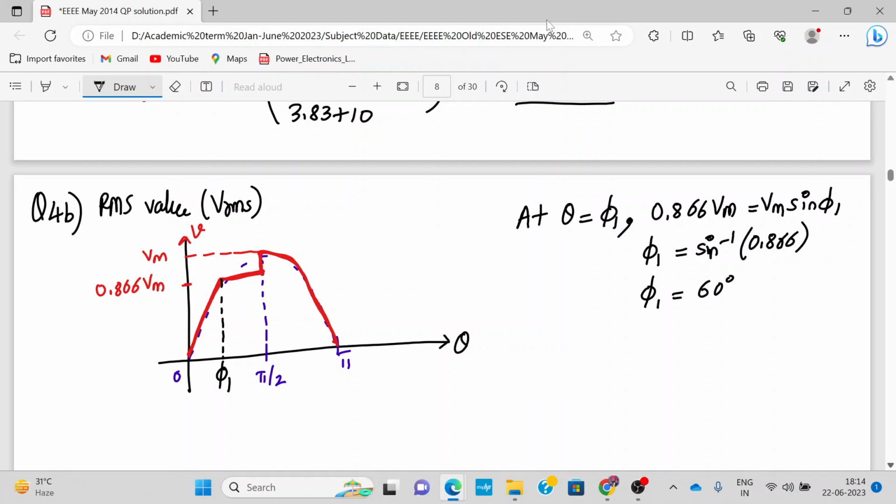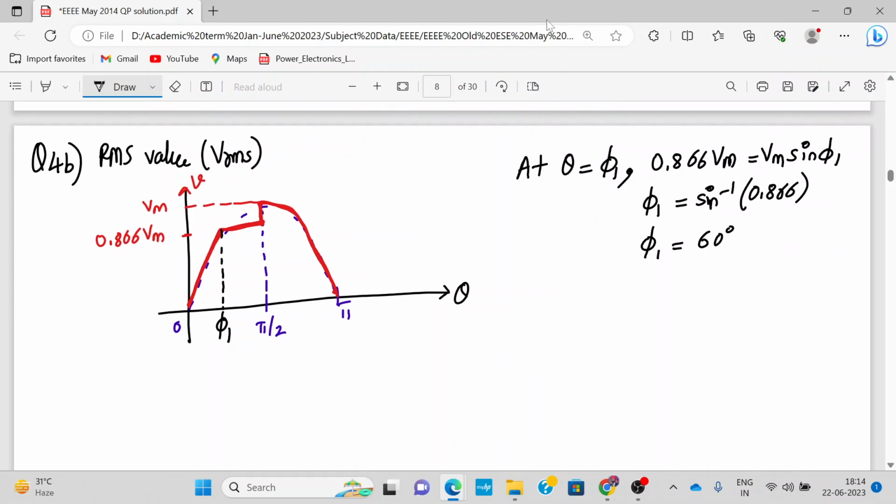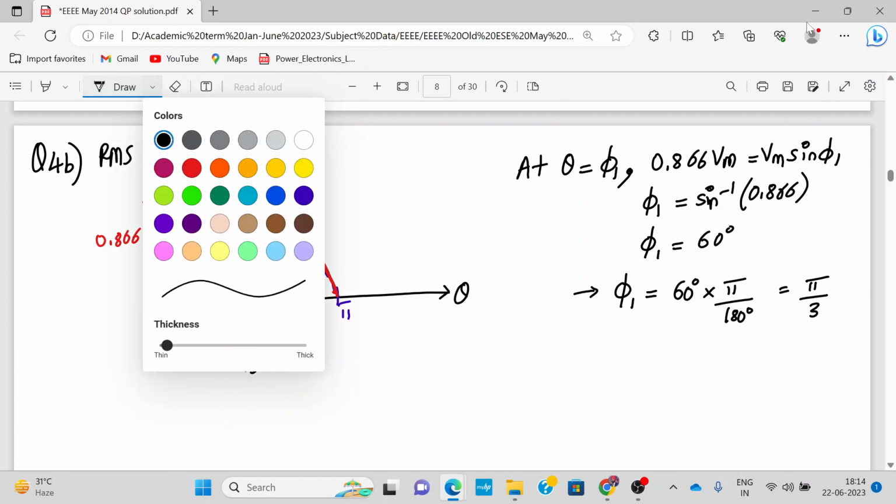Just cross check. And convert it into radians. So how to convert into radians? Multiply by pi by 180. So that will be pi by 3 radians. So this value is actually pi by 3. Now we have to write the equation